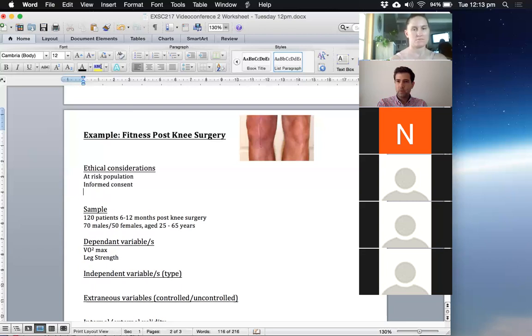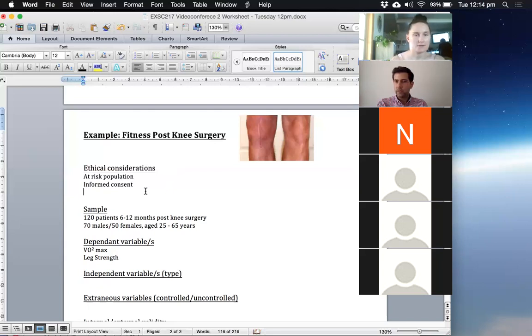So a couple more. Okay, Jess, I can see you've added on the chat down there. Older part of the age group would be at risk of heart failure. Yeah, for sure. As they get older, that's definitely something before doing the test. I think that probably fits into the at-risk population, but I like how you're specifically thinking about the research design as well.